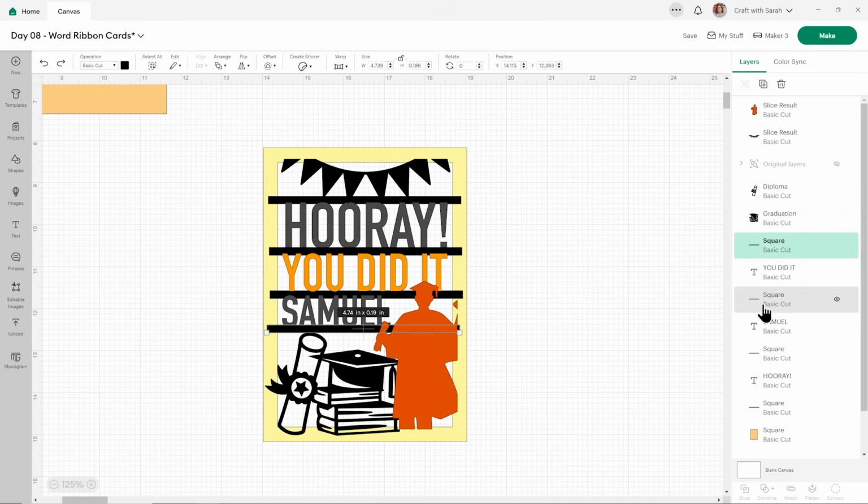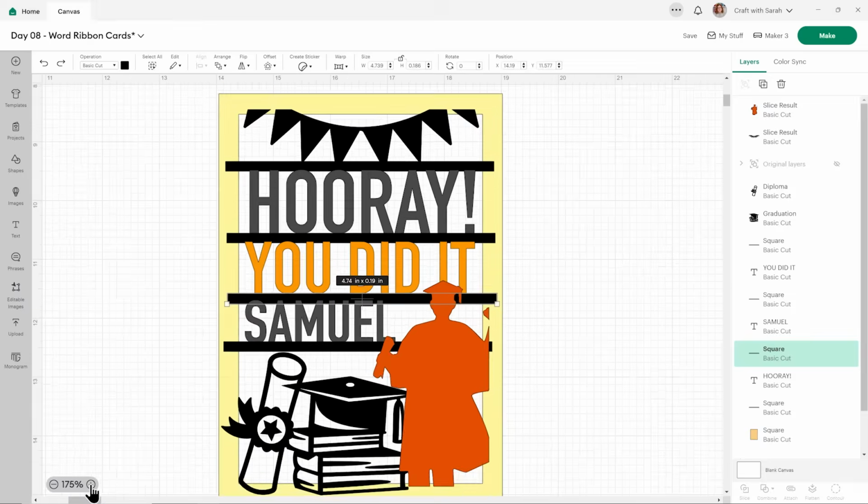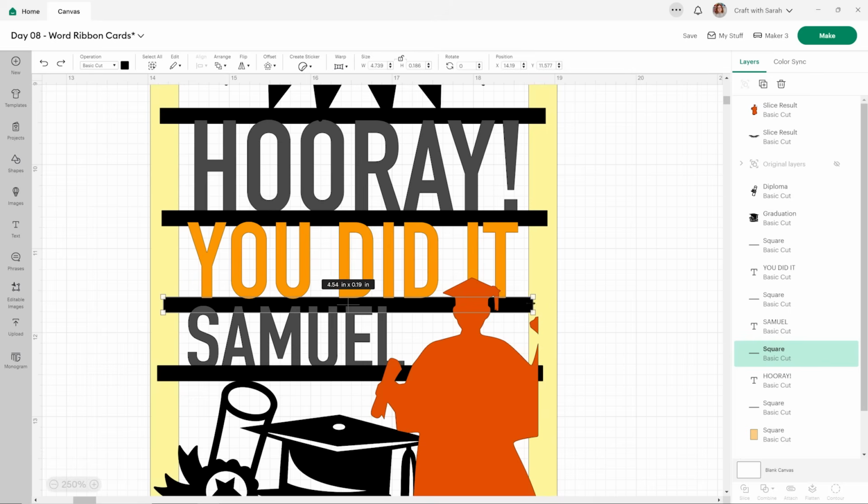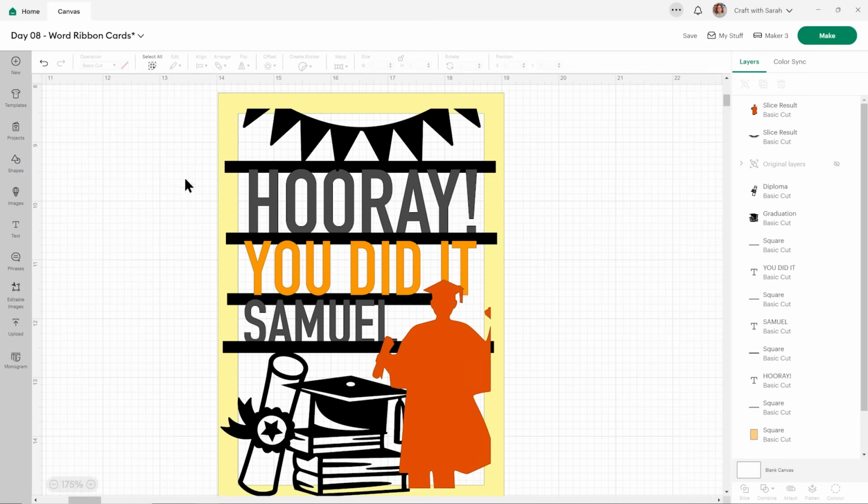So I think what we can do to make that look a little better is possibly reduce the width of this. Where's the one that just lets me do the width? Maybe I just zoom in a bit more. There we go. Maybe that would look better.